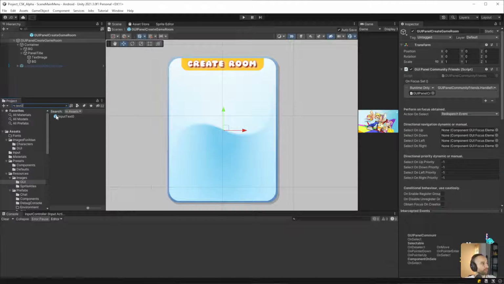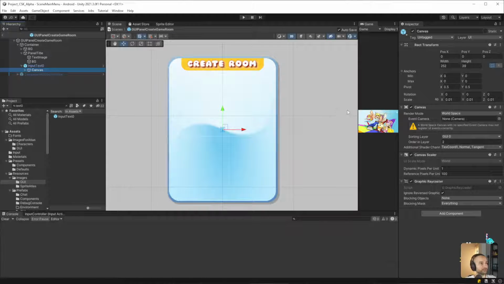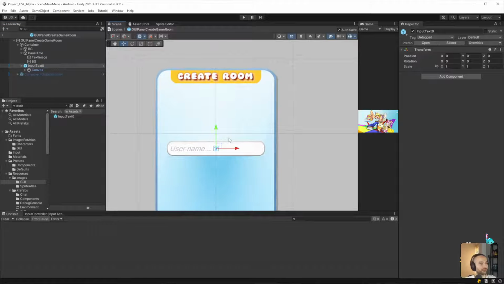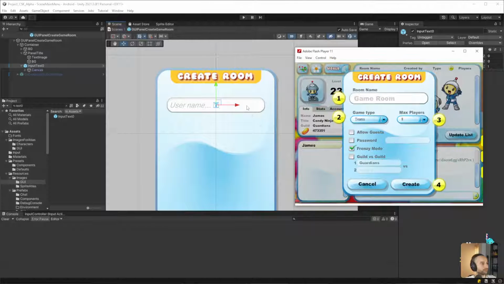Okay, so we will bring this into the container. I think we need to change the UI level to being something like 10. Okay. Right, looks very similar.